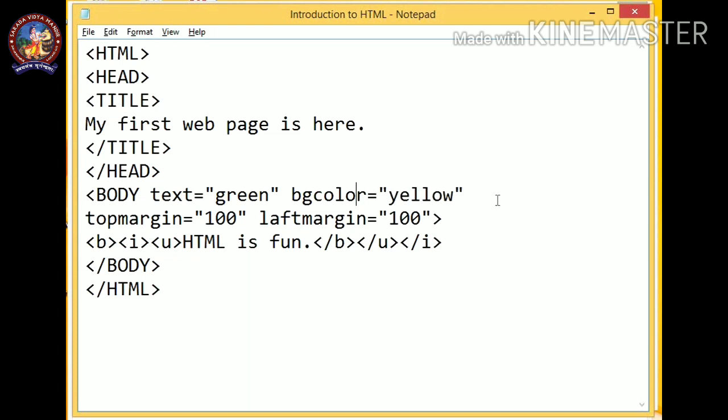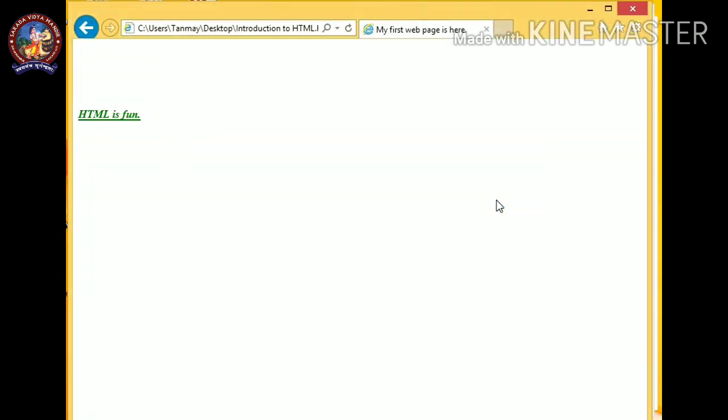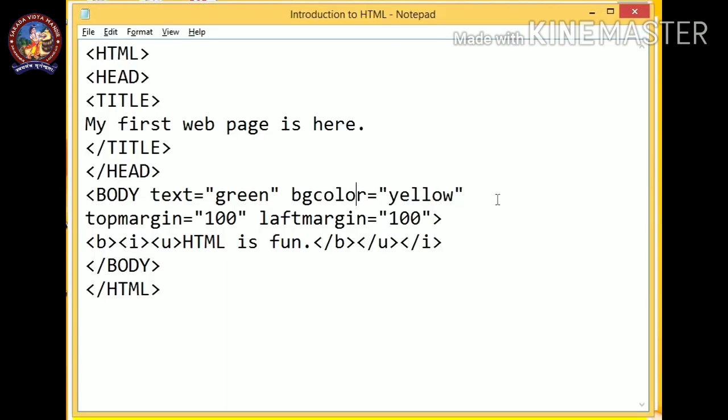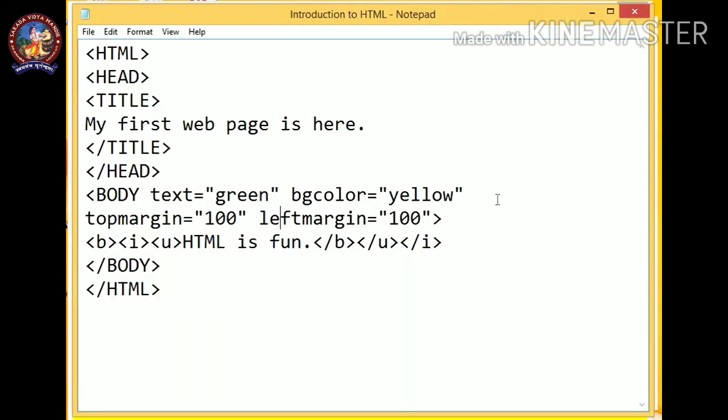So let's delete it. Control S to save, refresh. See, now it is working. So remember and do your typing properly. And here also the left margin, LA, so LEF to left margin, and you can see it is working properly. So let's change some values.